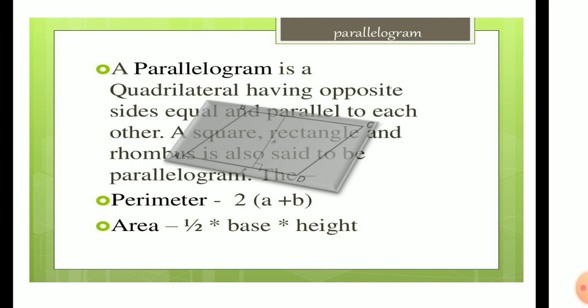So this is the basic concept of parallelogram, and there are approximately 8 theorems given on parallelogram in NCERT class 9th. So you should go through each and every theorem. In these theorems the properties of parallelogram are given. For example, if in any quadrilateral one pair of sides is equal and parallel, that is a parallelogram. The diagonals of a parallelogram bisect each other. So these are the properties given in the form of theorems. So just go through the theorems of parallelogram.